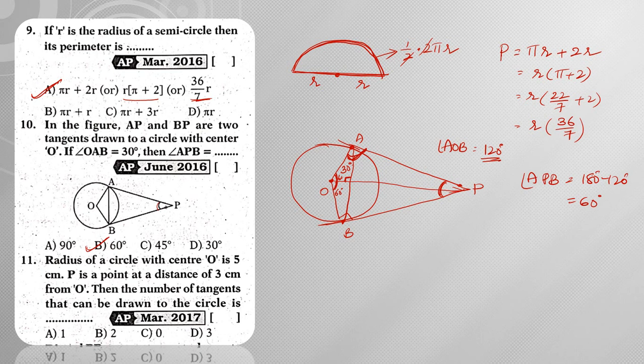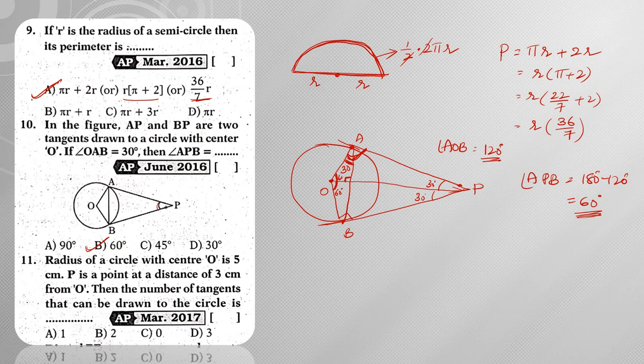Or simply what we can say is, if the angle formed here is 30 degrees, then this particular total angle will be its double. If this angle is 30 degrees, then this angle is also 30 degrees. So based on this we have a theorem, right? If this is 30, then this is also 30, then automatically this also will become 30. So based on that we can say that the angle is 60 degrees, right? So you can remember this.